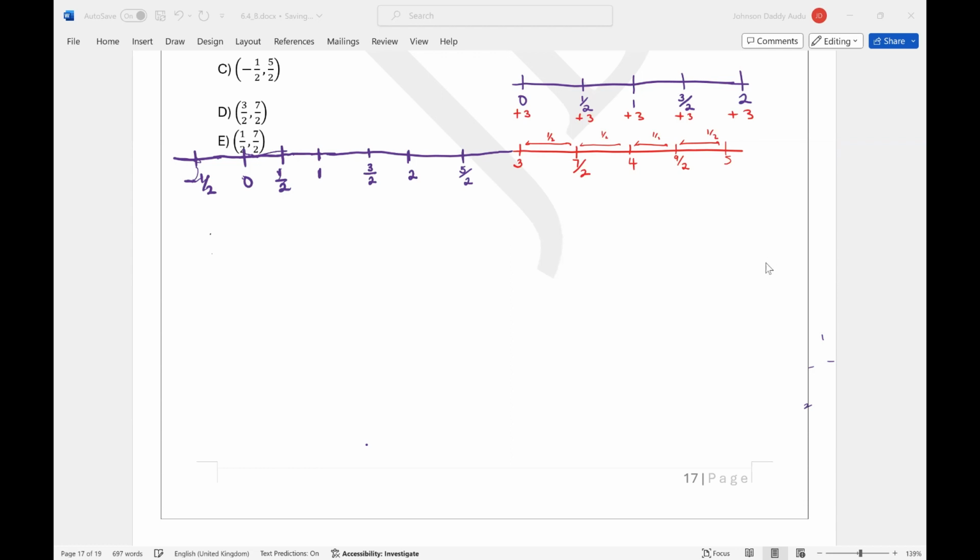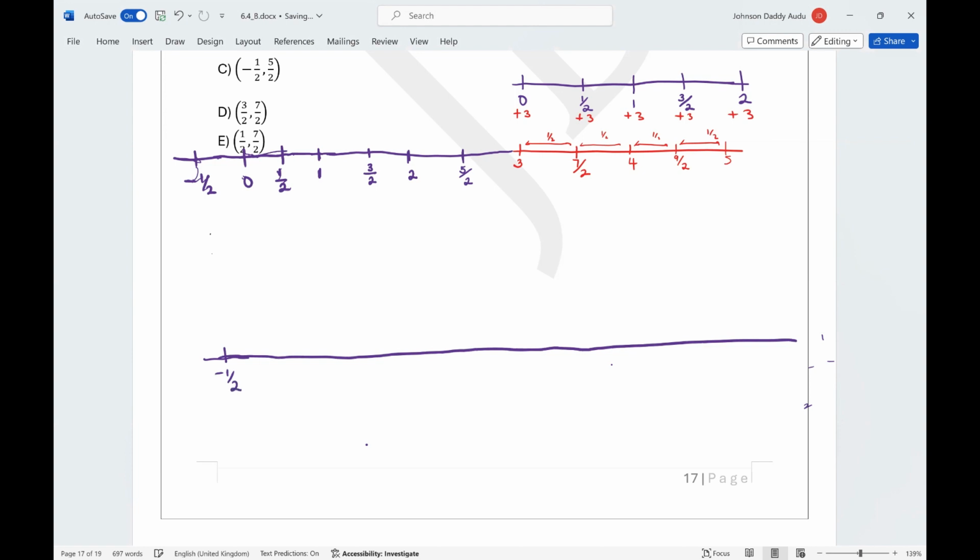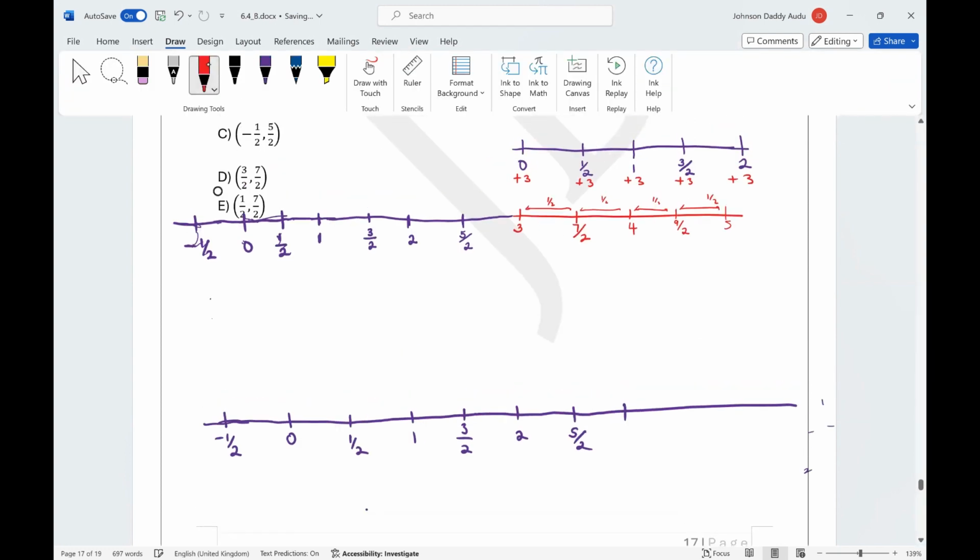So to graph this, we have to look at the interval that we are interested in. We want to start from minus half to 0, half, 1, 3/2, 2, 5/2. Then, the only thing we need to use from this part is only 3 and